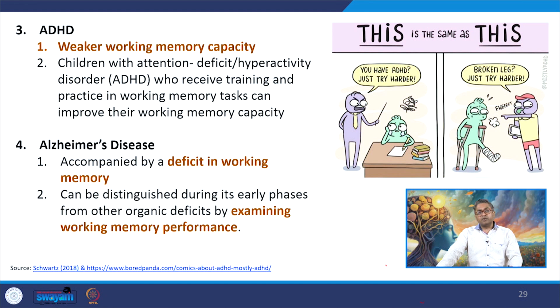Because we were talking about the working memory having a central executive system, which is an attentional system, these individuals lack attention. If you make them sit in one place and instruct them, they may not follow the instructions, they may not pay attention to those tasks and goals. As a result, these individuals lack the ability and capability to enhance their working memory. Children with attention deficit also require a lot of practice and training in working memory tasks. The more training is provided to them, the more it enhances and increases their working memory capacity.